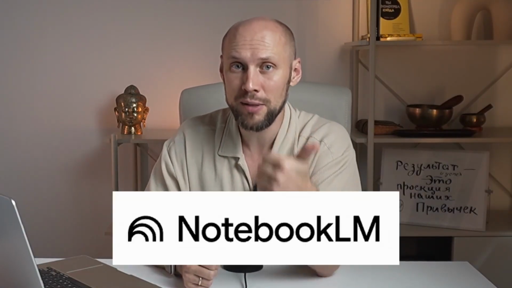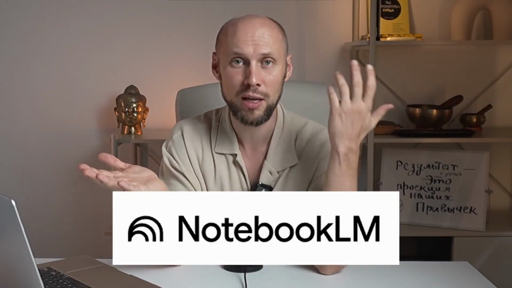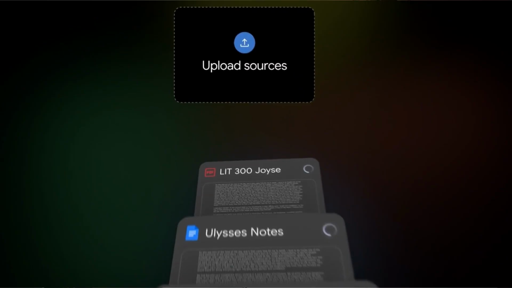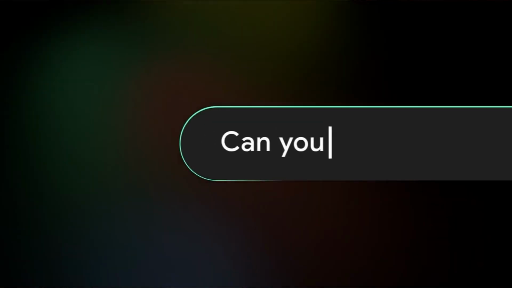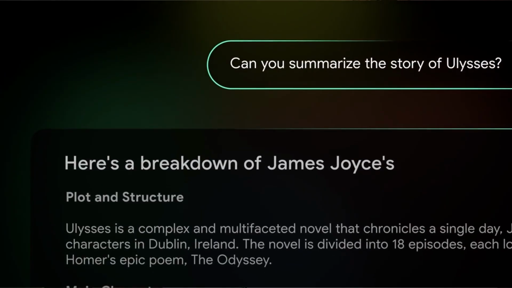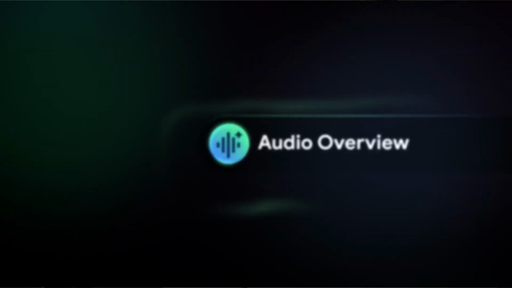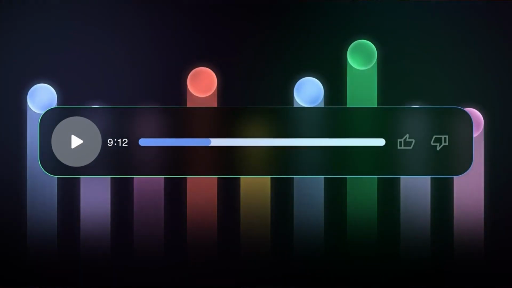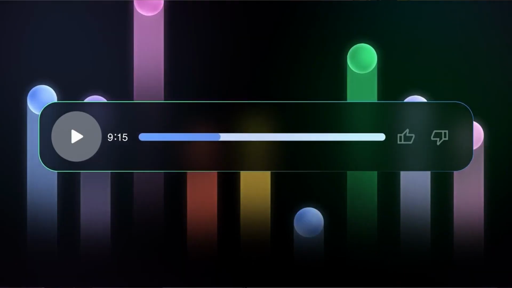So what should you do? Here's my answer. First, use NotebookLM instead of ChatGPT, because NotebookLM is a neural network that's like a mini Google. That is, you upload a huge amount of information there for analysis. You can upload from 50 to 300 documents, which is an enormous amount. After that, you say, all right, go ahead and figure out what we have, what relates to what, and so on. NotebookLM finds this information, organizes it, and presents it to you.